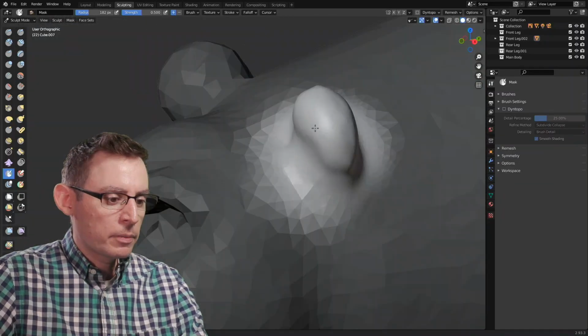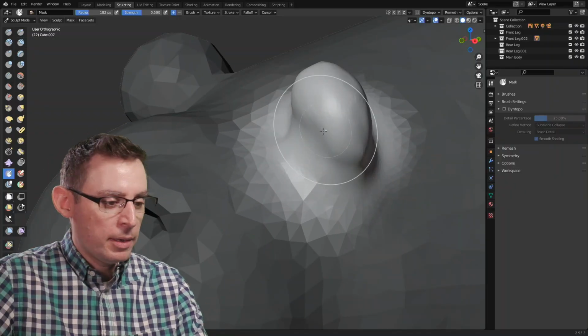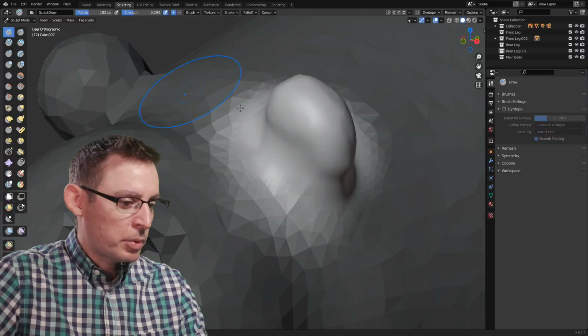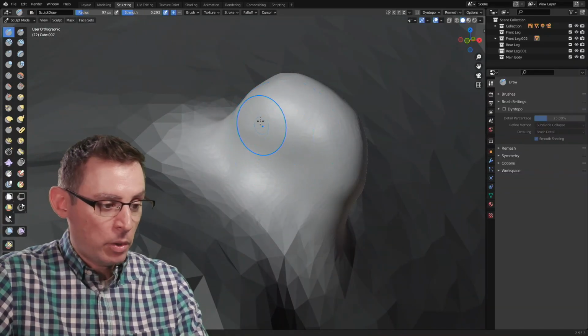We'll invert it. There's keyboard shortcuts for all of this. It's difficult for me to use keyboard shortcuts with my pen, but I think you're going to find that it's a pretty neat addition to our workflow. You can make these masks as big or as small as you want.